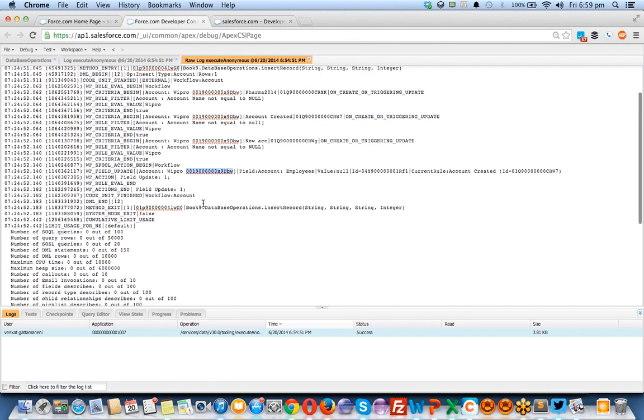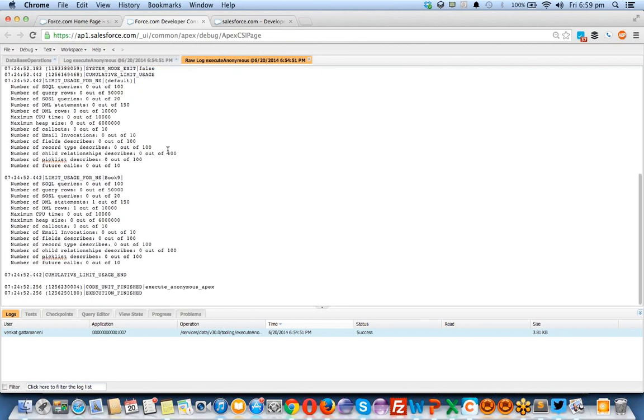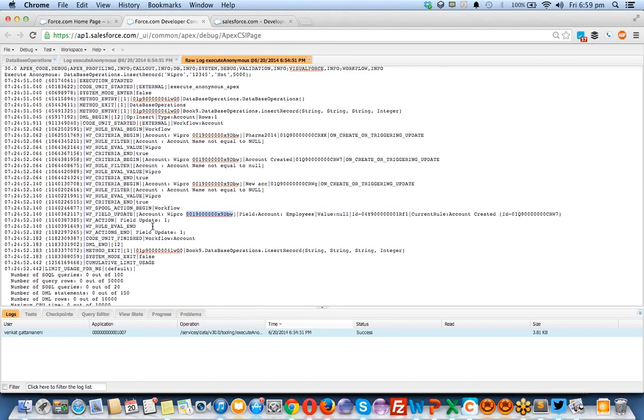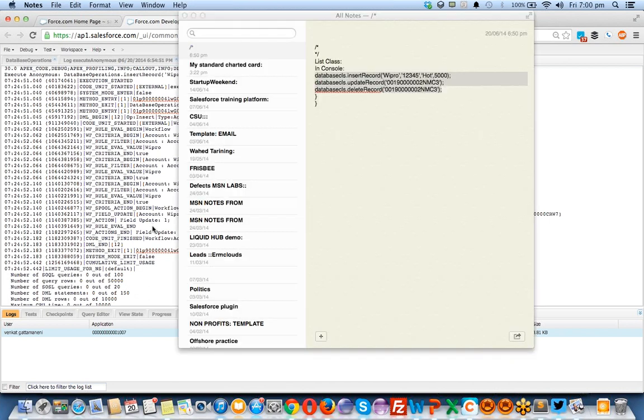So this is a simple operation which is executed, and I can see the things that happened. Here's the log, the same log you can see here in a simple raw log. It's a complete list of statements. You can copy this file into Notepad and research on it. If there are any issues, you can fix them. This is how you're going to debug the code.